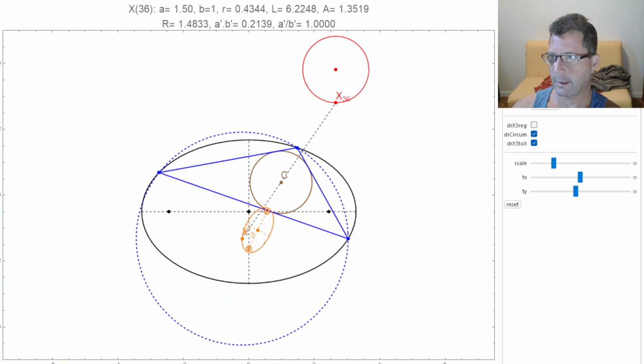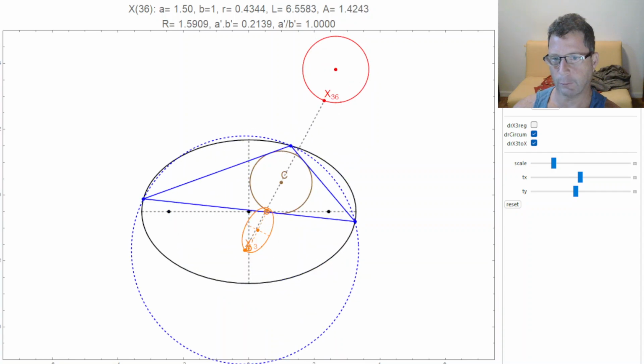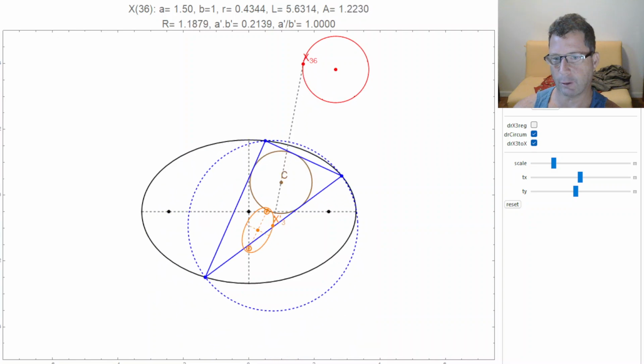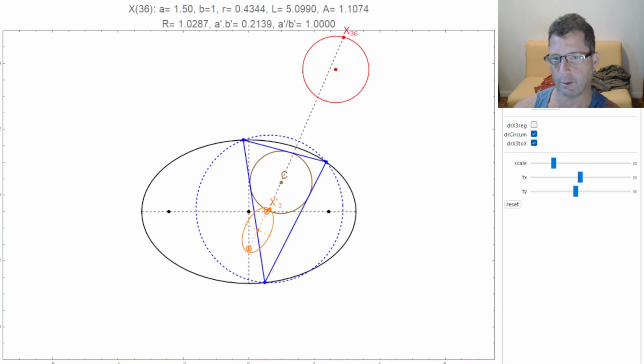Yeah, so this is a kind of a nifty locus. I'm playing with triangles that are inscribed between an outer ellipse, this black ellipse here, and have a fixed circular caustic, or a fixed incircle, right? So the blue triangles are Poncelet triangles in such a situation, and this app allows me to visualize loci of